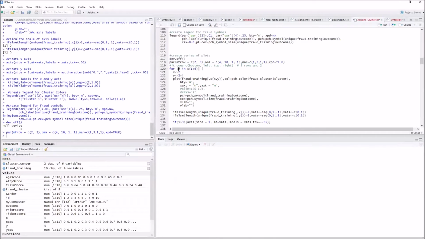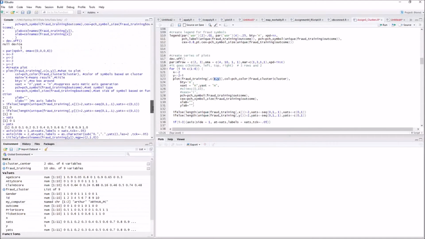And now you can see, hey, you've got a for loop there. So if you're familiar with programming, say, hey, I'm obviously going to do something a number of times. What I'm essentially saying is, hey, for i in the combiner function 1 through 6, which you can read as create a loop that I iterate through 6 times. I would like to use one value for x, so I'm going to compare everything using one x value, and then I would like you to iterate through the other values for the y-axis, right? And so for fraud training, we're going to use x and y. So this should basically create us a bunch of different plots with one value on the x-axis and varying values